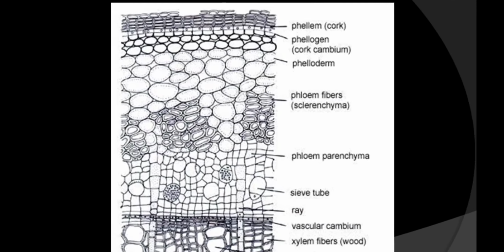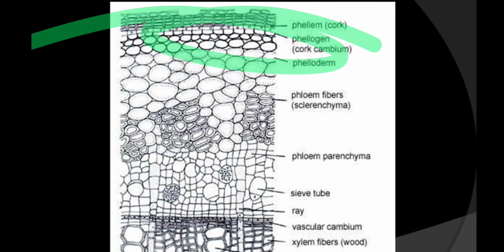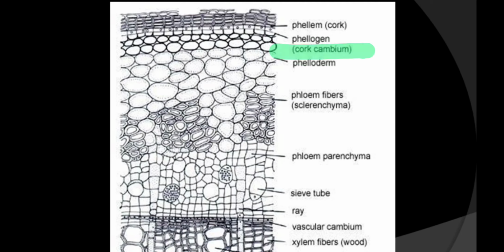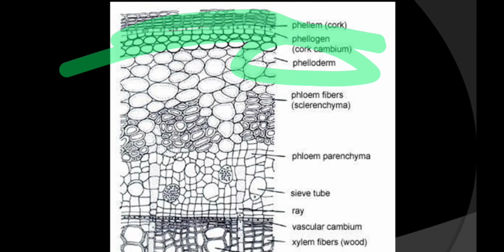Here you will see the secondary growth, and this is the cork cambium, also known as the phellogen. This gives rise to the outer layer called the phellem, which is also known as cork, and the inner layer called the phelloderm. These three together are known as the periderm. Later the epidermis is replaced by this layer, known as the periderm, which contains three regions: the phellogen is the cork cambium, the phellem is the cork layer, and the phelloderm is the inner layer to the cork cambium. So this is the secondary growth in the plant that we will discuss in our next lesson.